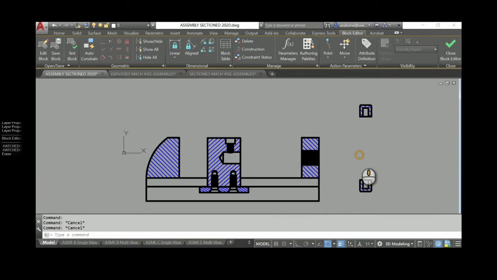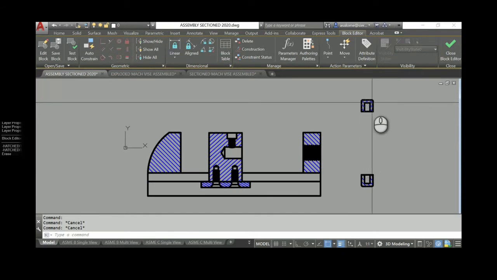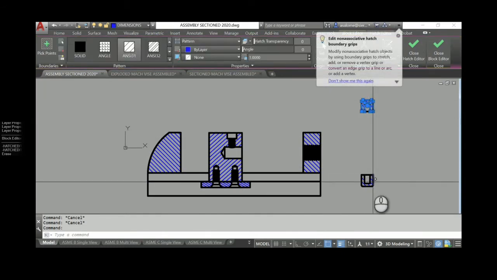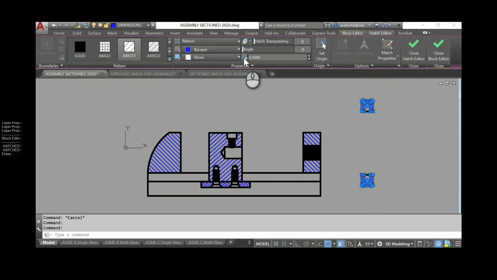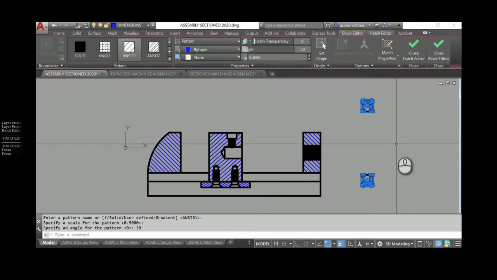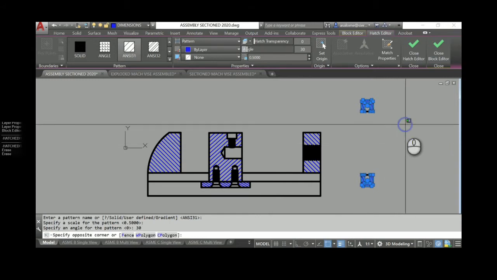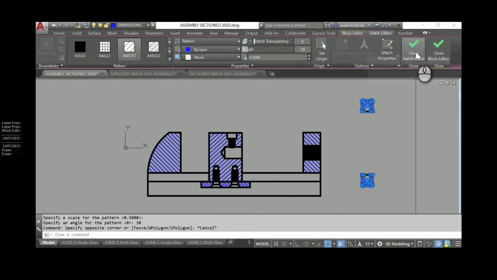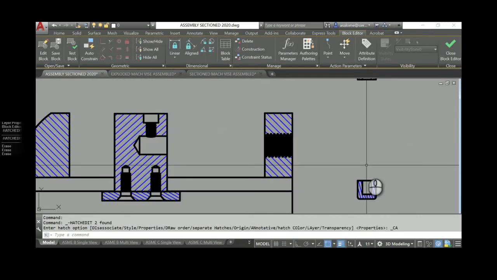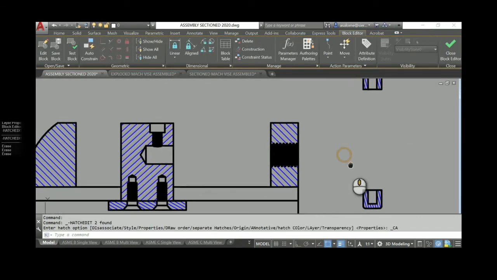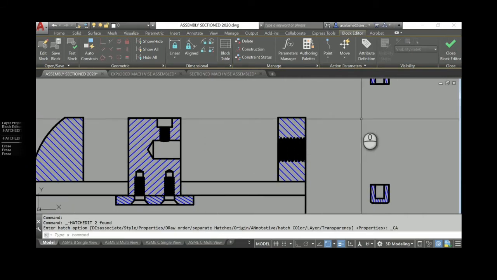I'm going to take the two handle or two caps, that one and that one, and I'm going to adjust these together. So first I'm going to bring them down to a smaller hatch pattern. I like that 0.6, and I'm going to change the angle on that. Let's try 30. So that it is clear that these are all different parts.